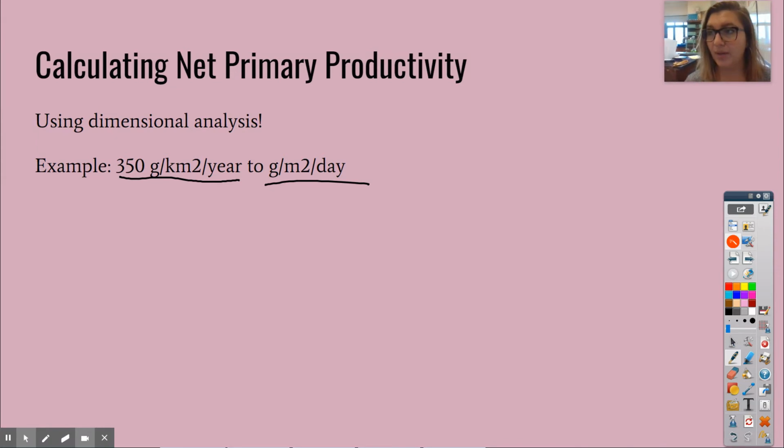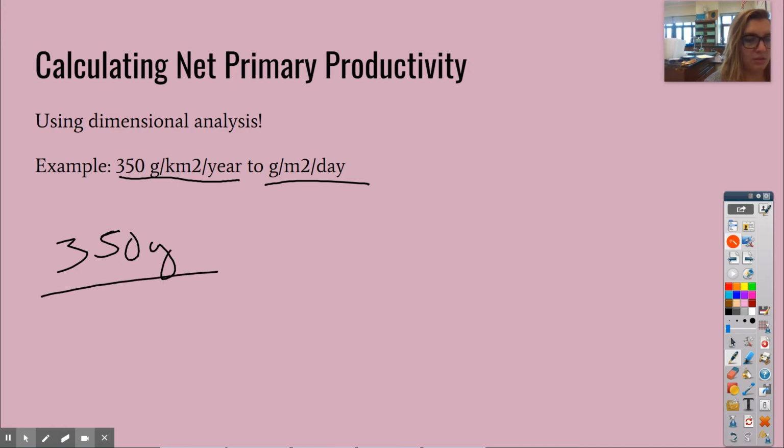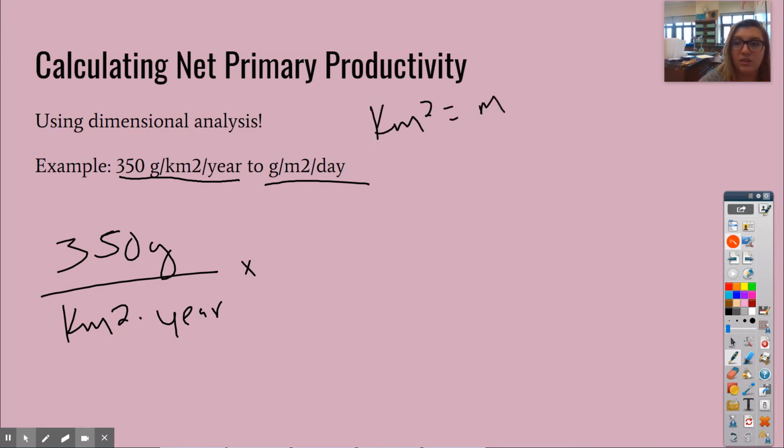Okay, step one. We want to convert this number, so we're going to write it out with our first units on the top. So 350 grams over kilometer squared per year. All right, the first thing we need to do is turn kilometer squared into meter squared. So remember, 1 kilometer squared does not equal 1,000 meters squared. It's going to equal 1,000 squared. So 1 times 10 to the 6th